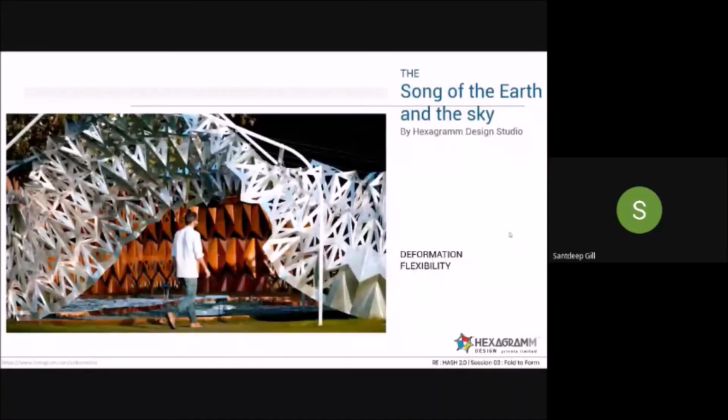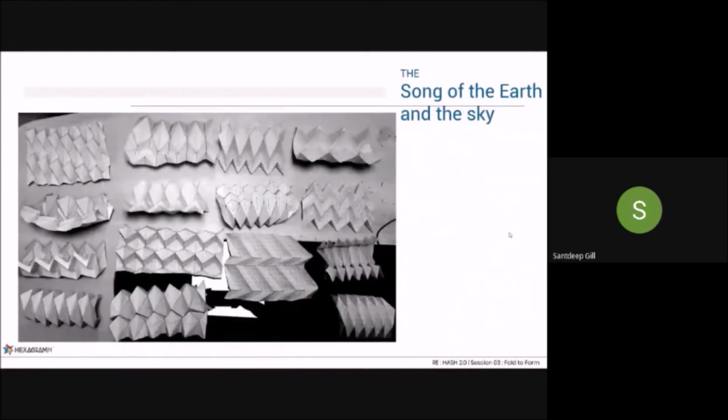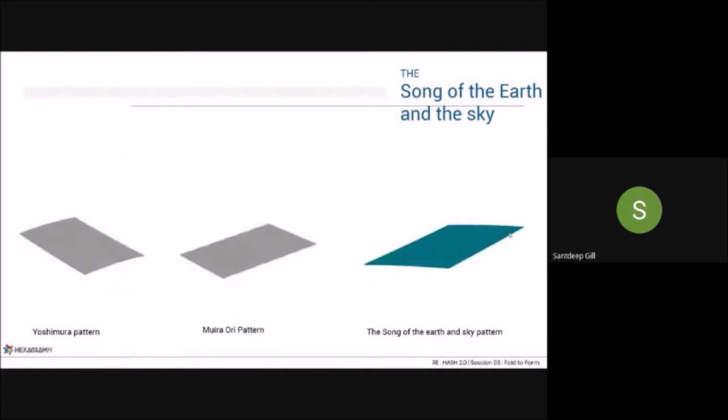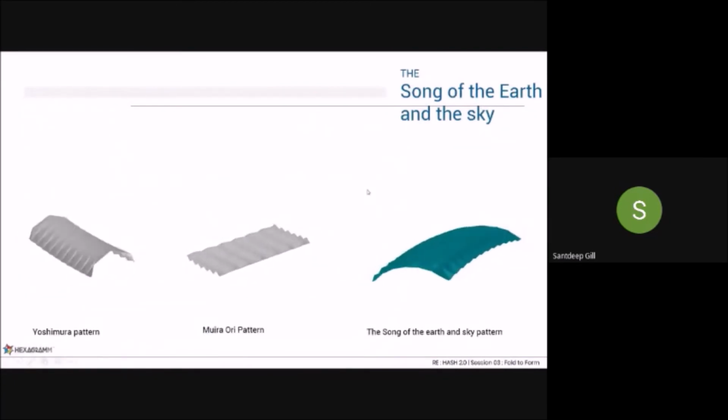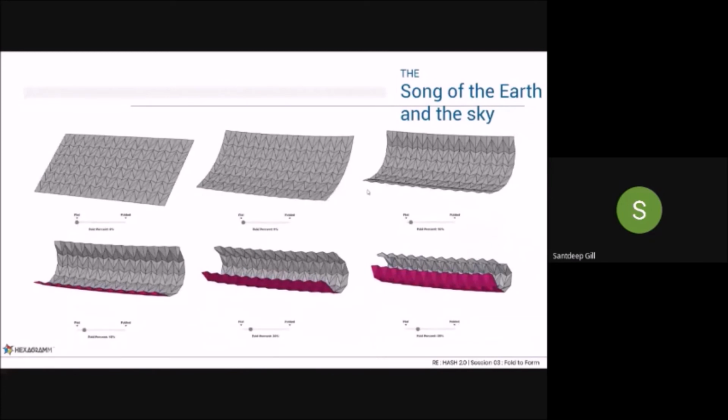Clint started out with a design idea which was to be fulfilled with origami. Through a variety of patterns and iterations, we tried to achieve a curvature which was eventually achieved in an iteration which is a mixture of the Yoshimura pattern and the Miura-ori pattern. The iterations were tried. So here you can see for the pattern, how the percentage of fold determines the form that is achieved.